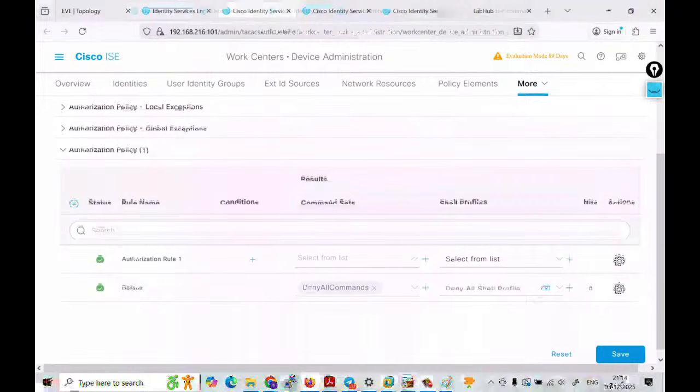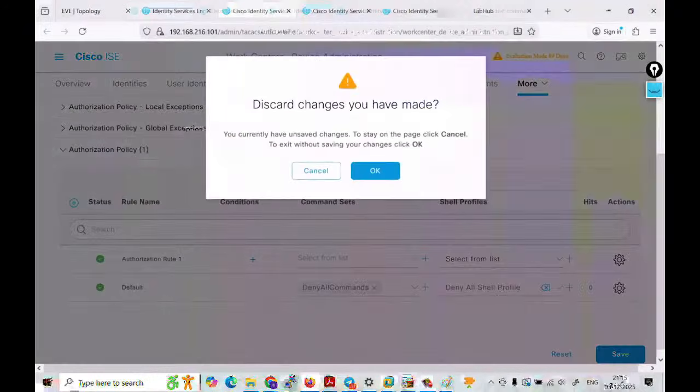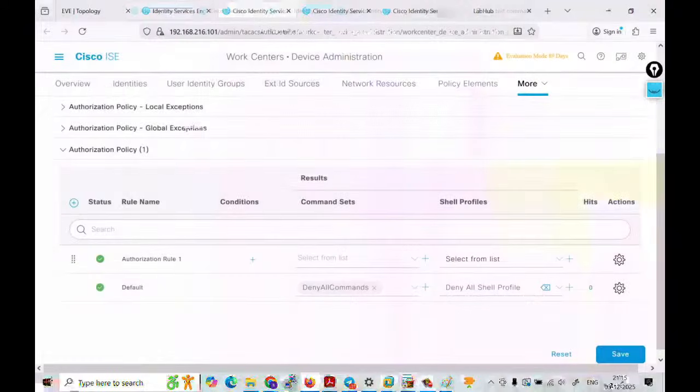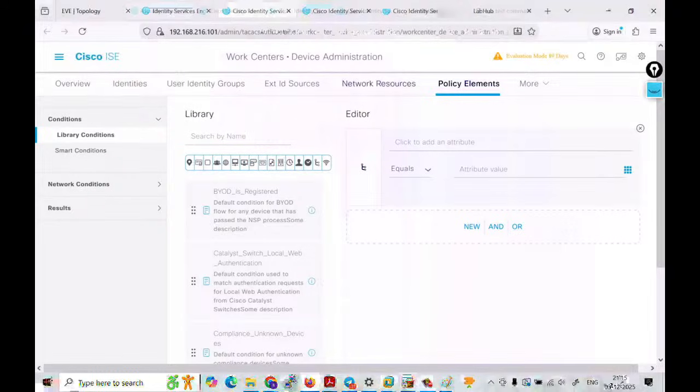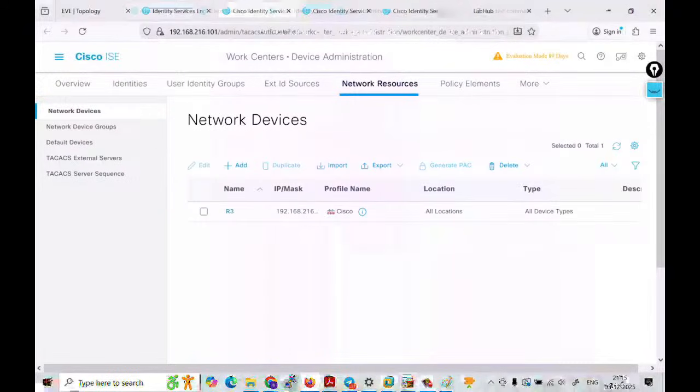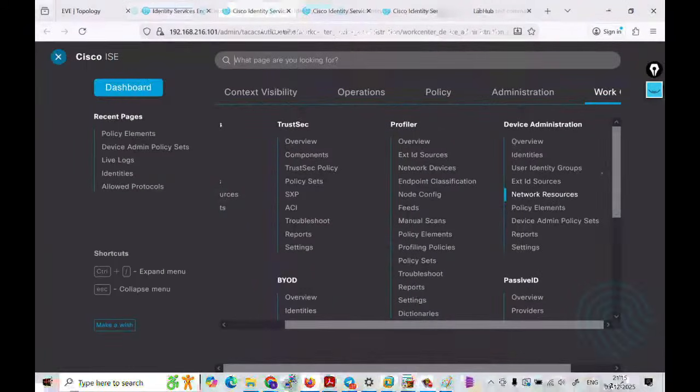So this is the problem here. We need to configure an authorization rule as well. That is the only option for now, so let me configure the rule here, guys. We already have the device here and we did the authentication, so the username is passing here. So what I need to do here is configure one